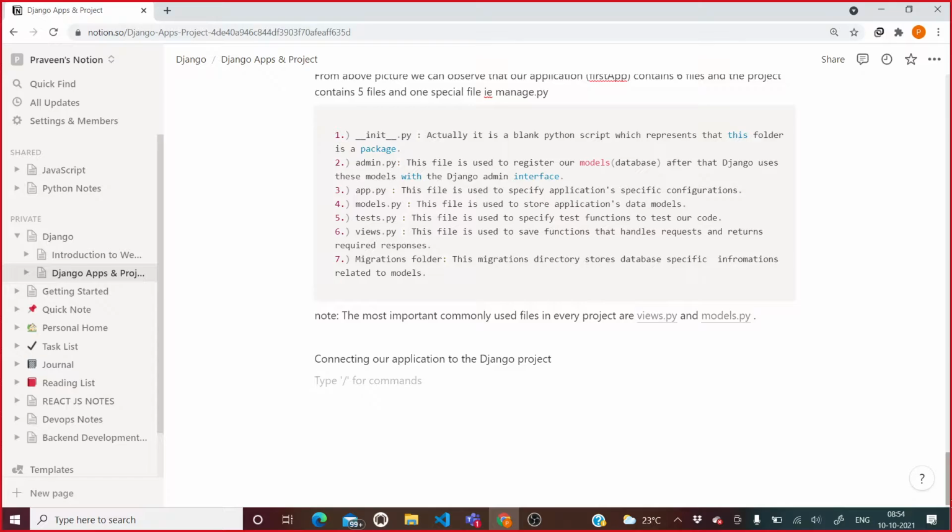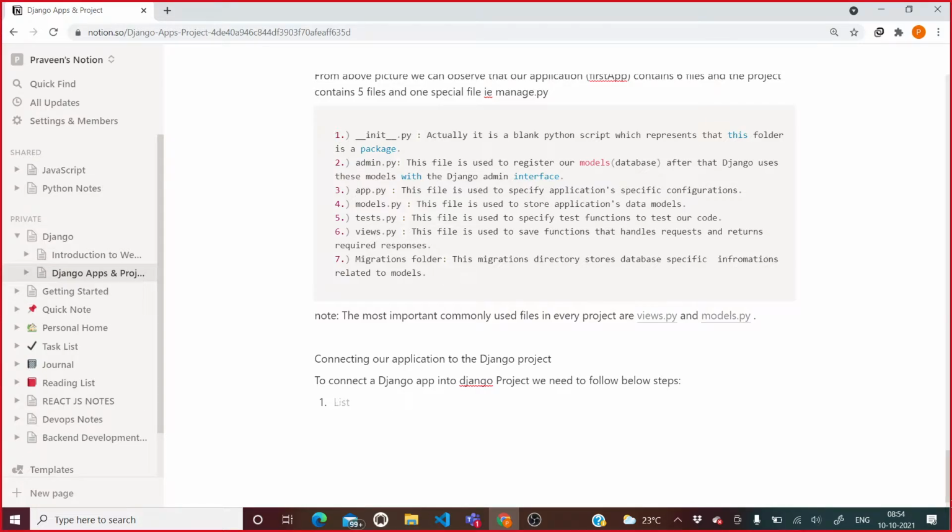Step one: to connect a Django app into a Django project, we need to follow the below steps. The first step is adding our application in settings.py.